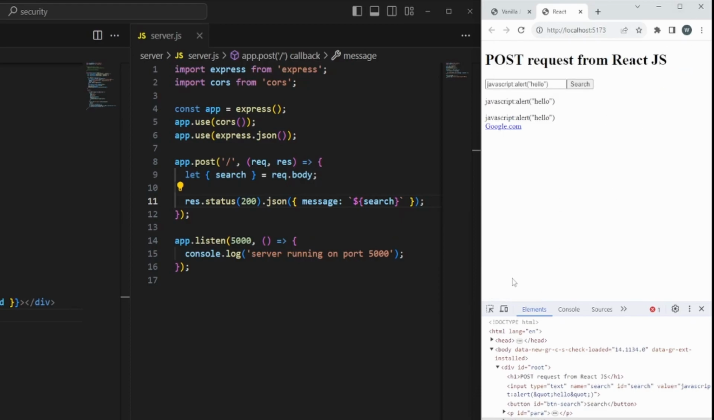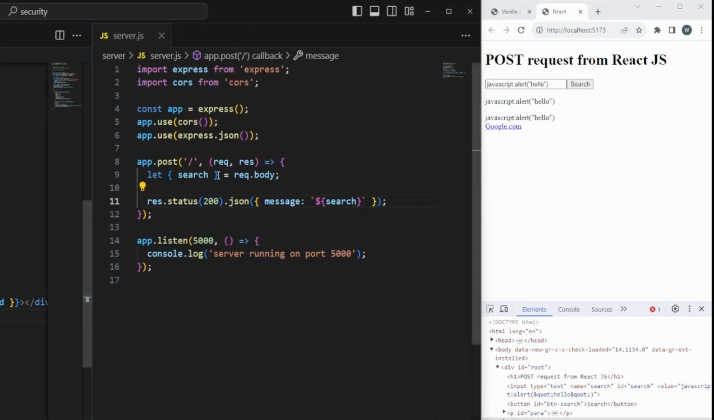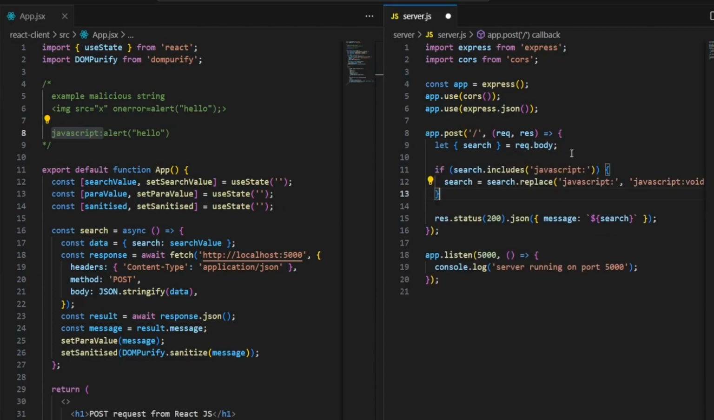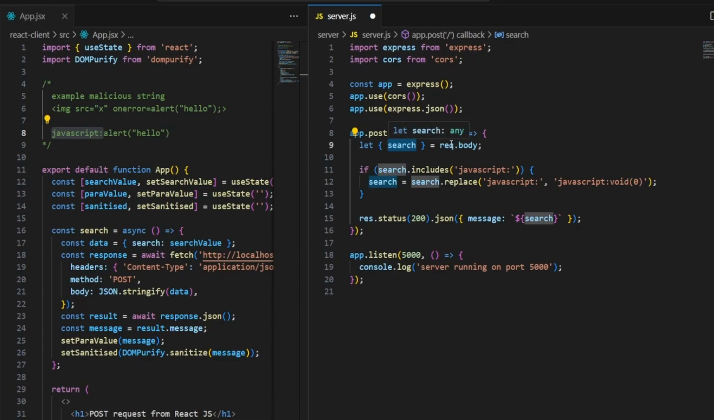This is where the server-side sanitization and protection comes in. So I'm going to hop over to my server.js file, and we're going to have a look here. We need some protection. The key thing in this malicious string is this javascript colon right here. So what we want to do is convert this into something that is safe. I'm just going to copy and paste this code in, and then I'll tell you what it does. We've already got this search parameter coming from the body of the request. Then I'm doing an if statement. So I'm saying if the search includes, using the .includes string method, javascript colon, then